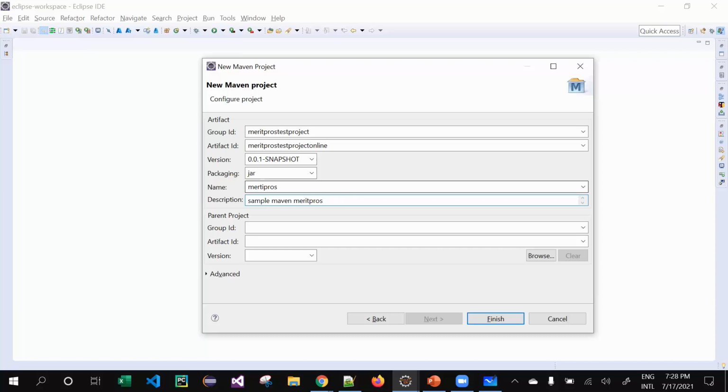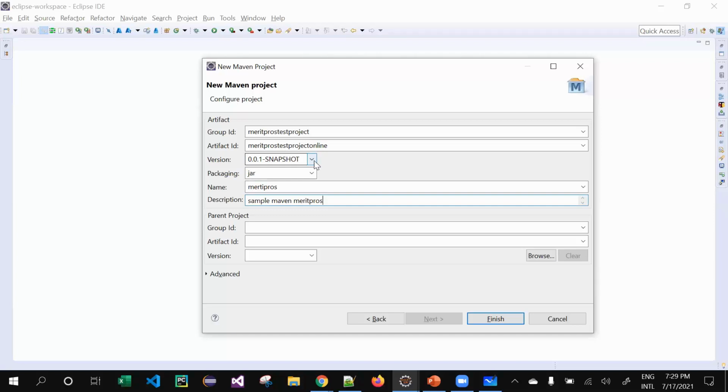Don't worry about the parent project. We'll come to it later. As of now, to create a Maven project, let's stick to these items: group ID, artifact ID, version, packaging, name, and description. Group ID is going to be an organization name.